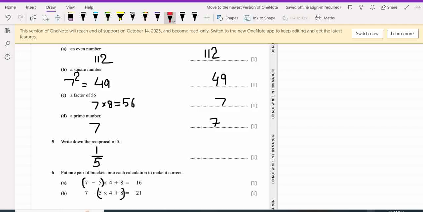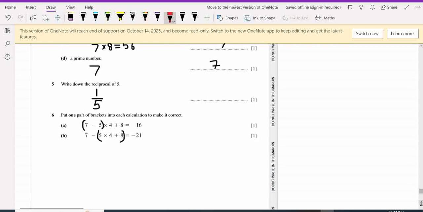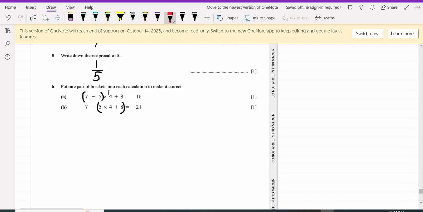Next is, put one pair of brackets to make each calculation correct. Okay, we have to know BODMAS. BODMAS means bracket, of, division, multiplication, addition and subtraction. So first of all we have to put a bracket so that the bracket is solved first. Here, if we make the result before the plus 8 equal to 8,